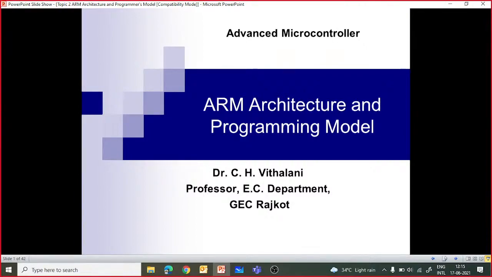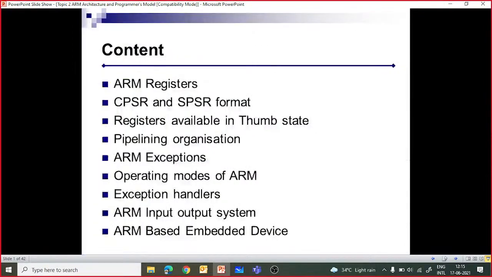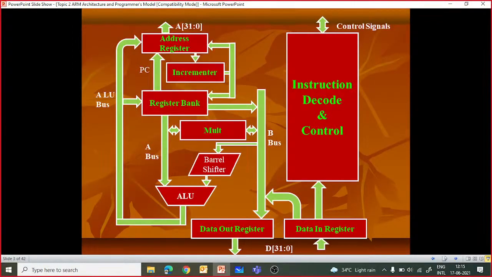If you remember, I discussed that there are 37 registers. Out of 37, how many are visible at a time? 16 are visible at a time, right? So in a different mode, different registers are visible at a time. We discussed this architecture yesterday, and this is actually the ARM core, and you need to interface many other